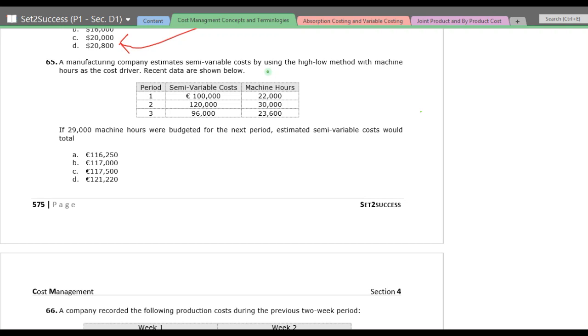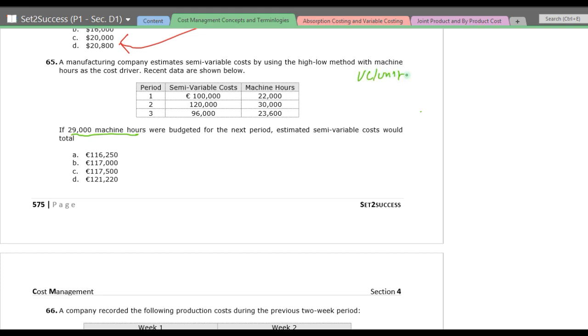Next, a manufacturing company estimates semi-variable cost by using the high-low method with machine hours as the cost driver. Recent data are shown below. We have semi-variable cost, we have machine hours. Now they are asking if 29,000 machine hours were budgeted for the next period, the estimated semi-variable cost would total. So high-low method, estimated cost for 29,000 hours. So let us find the estimated cost for 29,000 hours, which is we need to find the variable cost per